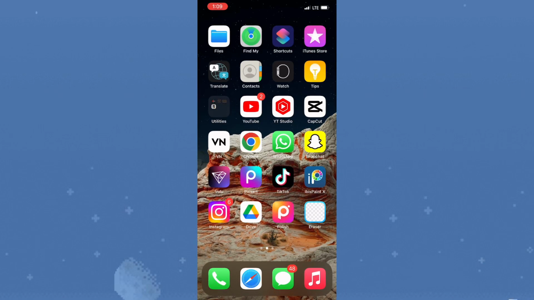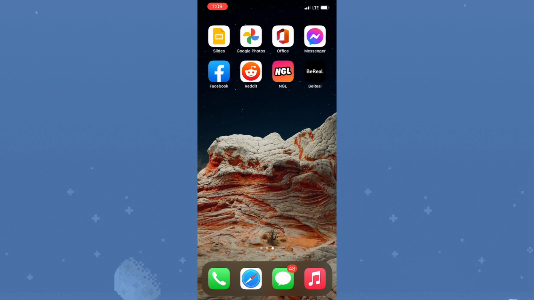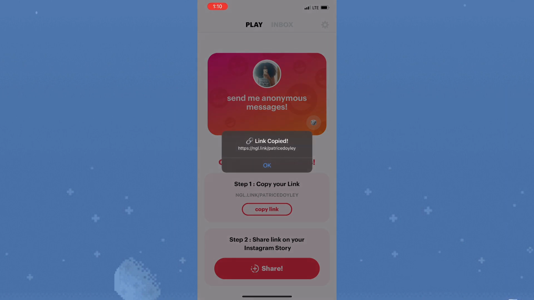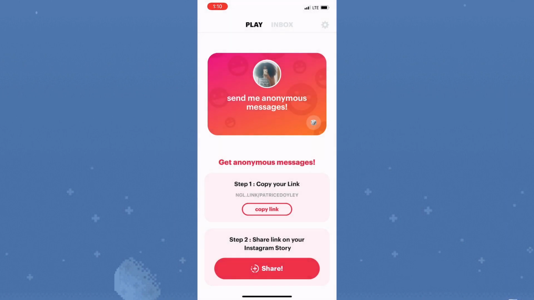So in today's video I'll be showing you guys how to post NGL link to your Instagram story. Now there are actually two ways in which you could go about doing this. One is by actually clicking on copy link and manually pasting the link to your Instagram story. Now the second method is by copying the link and clicking on step 2, which says share link on your